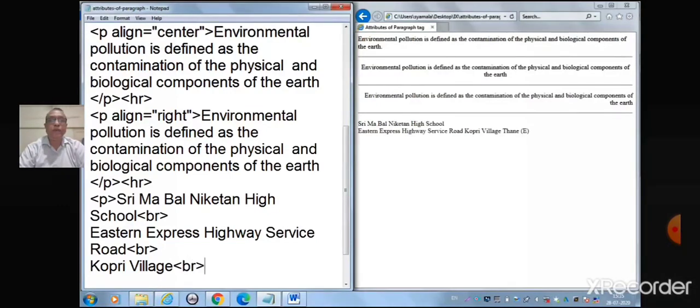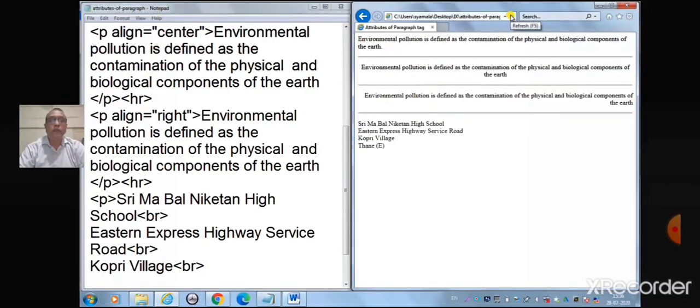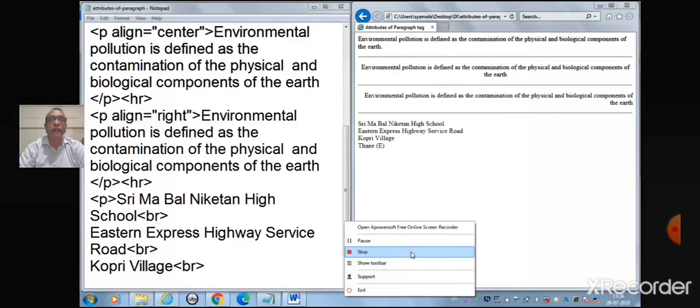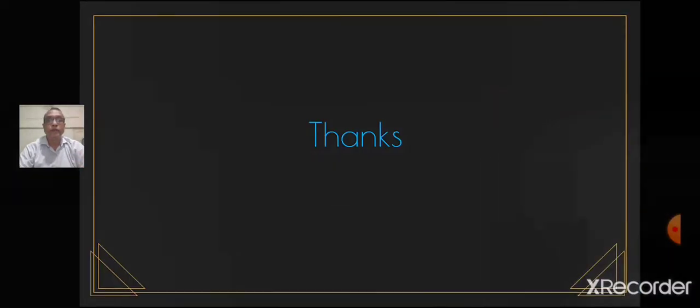Type BR after Kopri Village. Save it and refresh it on the browser. Now you are able to see the first line, Sri Ma Valniketan High School, the second one is Eastern Express Highway Service Road, the third one is Kopri Village, and the fourth one is Thane East.